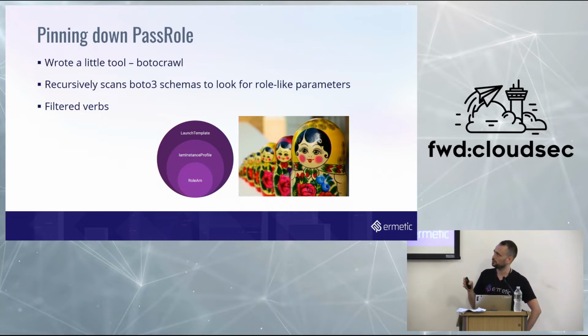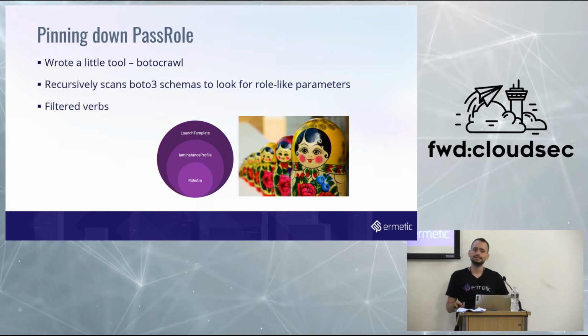So I wrote a little tool called BotoCrawl, not released yet, but possibly I will get around to it, which basically does what it says on the tin right here. It crawls Boto 3. If you are unfamiliar or need a refresher, the way Boto 3 works is that it stores the entire AWS SDK in JSON schemas. And so if you scan those schemas, you can statically, without slowing down for the actual API, find all the